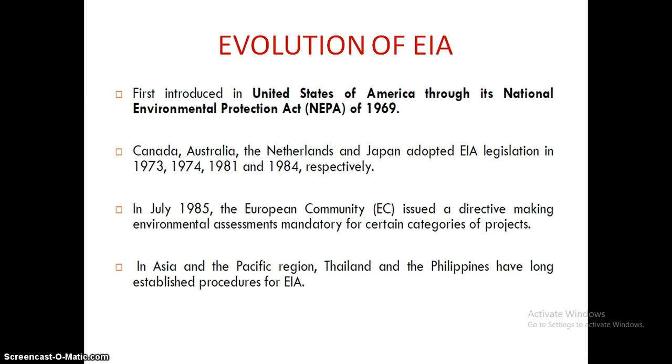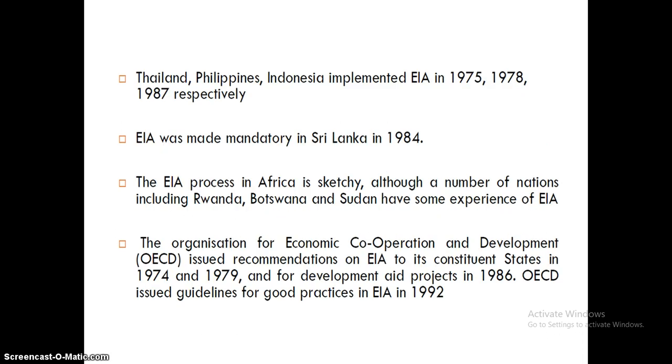In Asia and the Pacific region, Thailand and the Philippines have long established procedures for EIA. Thailand, Philippines, Indonesia implemented EIA in 1975, 1978, 1987 respectively. EIA was made mandatory in Sri Lanka in 1984. The EIA process in Africa is sketchy, although a number of nations including Rwanda, Botswana and Sudan have some experience